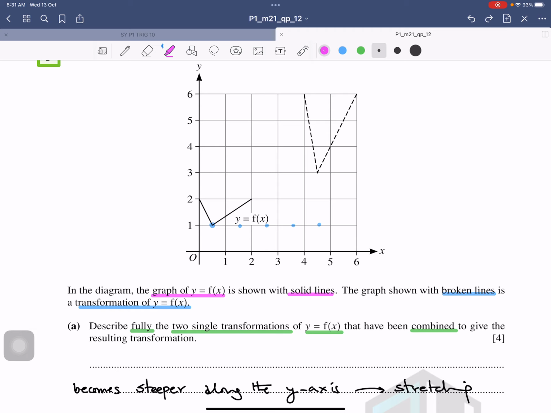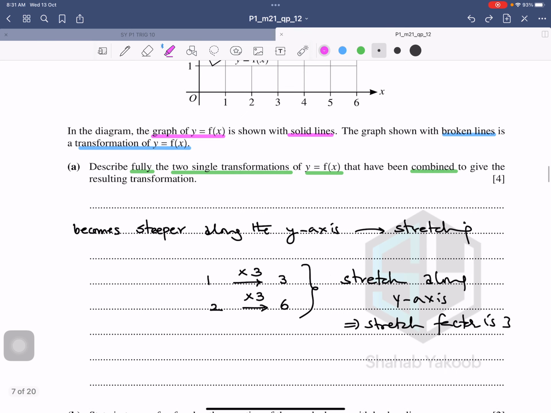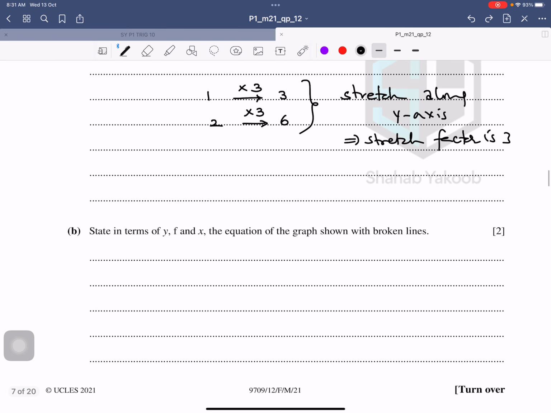If the graph were to remain the same like this, then I would say it would be a horizontal shift and a vertical translation. That is the confusing part. So now it's only a movement of 4 units to the right. So since it's a movement of 4 units to the right, what would I say? It's a horizontal shift. So the second information is it's a horizontal shift of 4 units to the right.